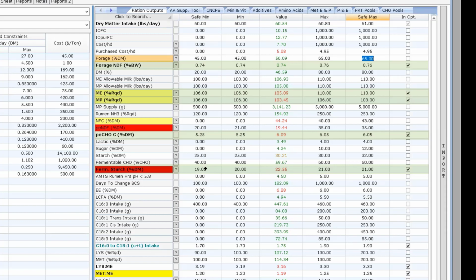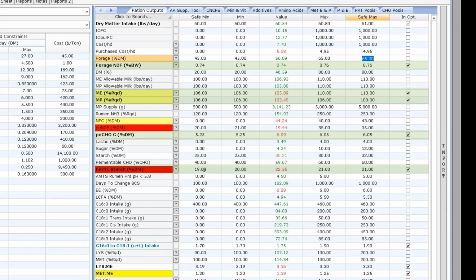My minimum fermentable starch, again, somewhat depends upon the forage base I'm working with, where if I'm dealing with a lot of really high quality grass silage that's in the low 40s NDF, and potentially lots of sugar and lots of acids, I may let that number drop down considerably, 14, 15 fermentable starch instead of the 19 minimum.